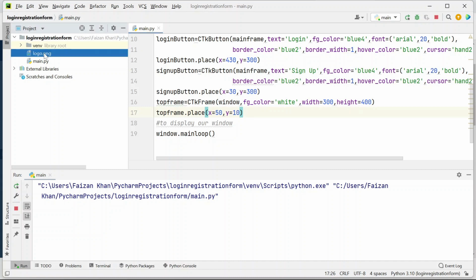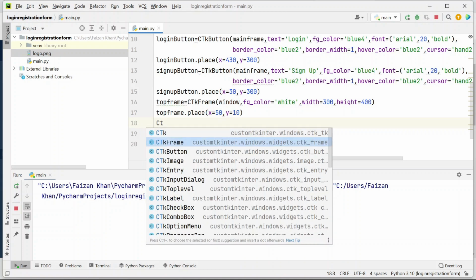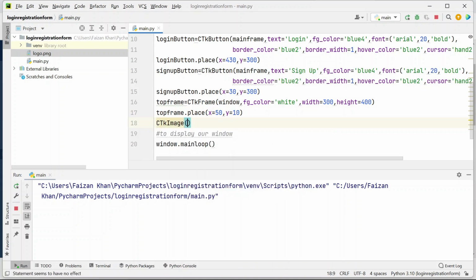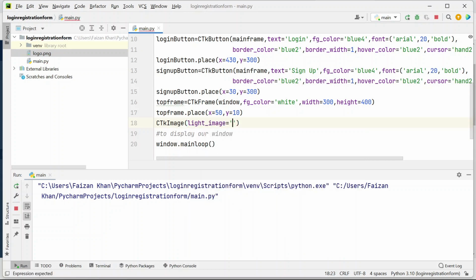Next thing, you cannot directly use this image here. You have to create object of this image in order to use it. You have to import this image in our code in order to use it. So how do we do that? We'll have to use this CTK image class, which will help in importing this image from here in our code. Okay, and here we have to pass this parameter light image and the image name, which is logo.png,